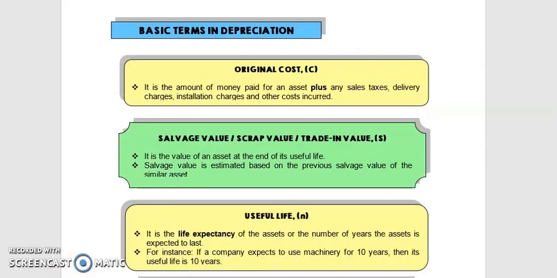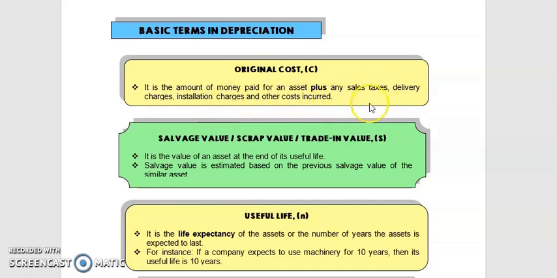Okay, now let's look at some basic terms in depreciation. First we have original cost. We use capital C. Original cost is the amount of money paid for an asset plus any sales taxes, delivery charges, installation charges